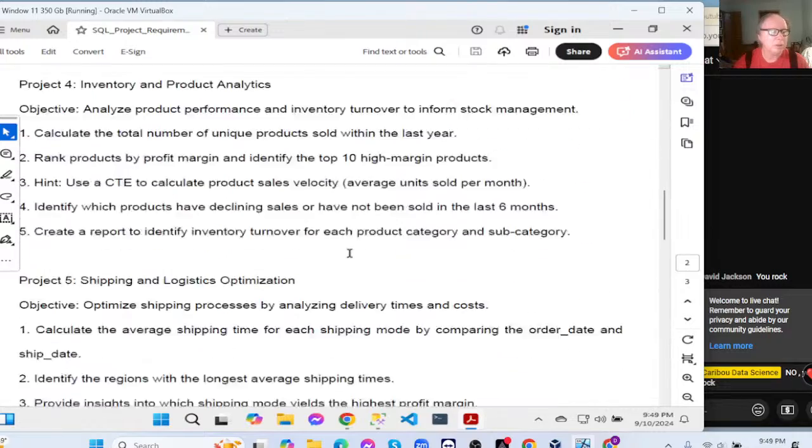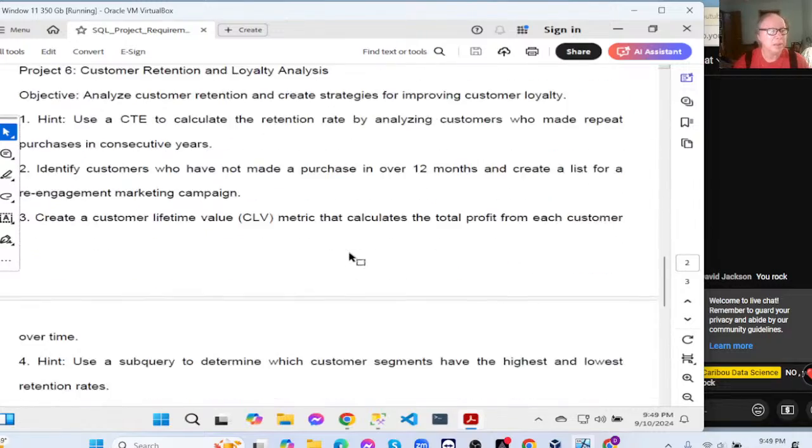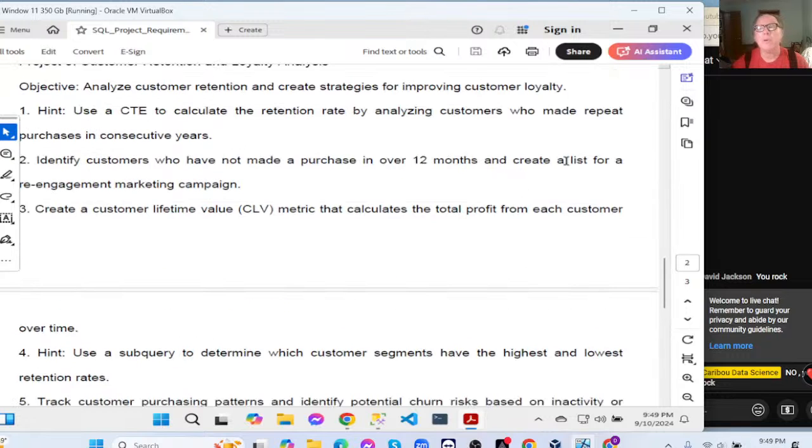Because all the order numbers are unique. Okay, so that's the point, okay? So anyway,